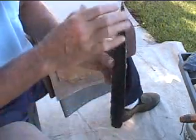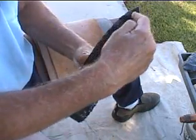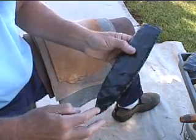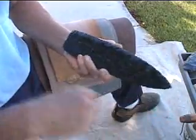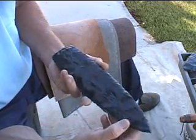So it's just a matter of straightening the ridge again on both edges and removing flakes on this face, starting at the tip, working toward the base, working from the base to the tip. Or you can start from the base to the tip and the tip to the base. It doesn't matter, but essentially I'm going around in a clockwise direction because of the inclination of my flakes relative